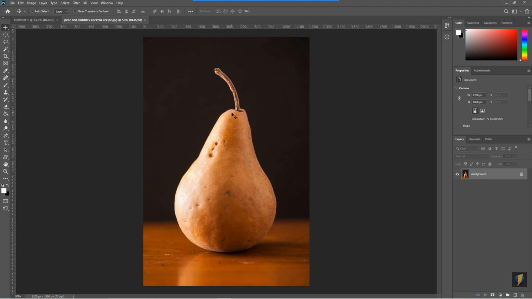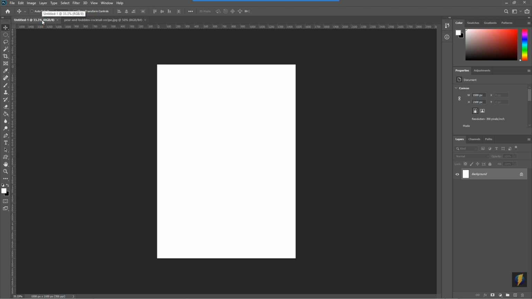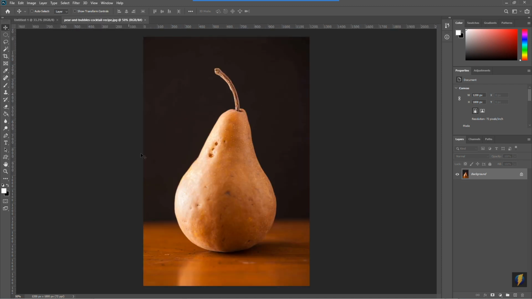And what I need to do is bring this into my other document. Now you'll notice that I have two tabs now because I have two files open. I have the pear that I just opened up, and I have my Photoshop file that I created that I'm going to be using to make this portrait. So what I'm going to do is I'm going to select the pear, and I will bring it into the other file. Now, there are a bunch of different ways I can select parts of this image to bring over to that